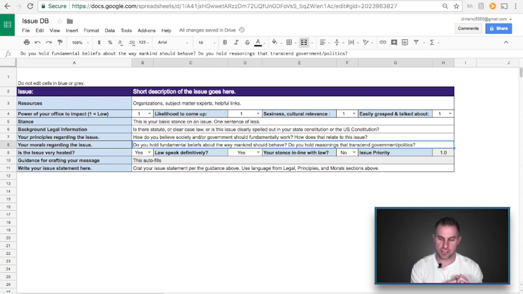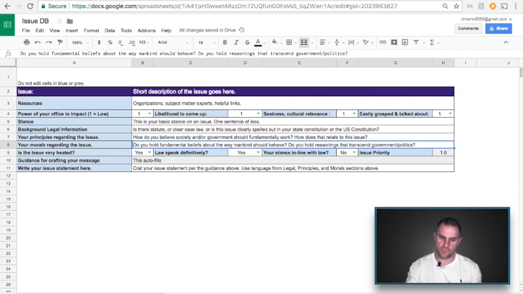So if the issue is, well, we can talk about gay marriage as we were just talking about a moment ago. Some people are going to have very, very strong moral beliefs about that issue, both ways, pro and con. So this is something that just transcends government policy.